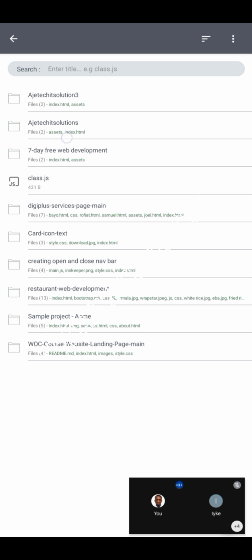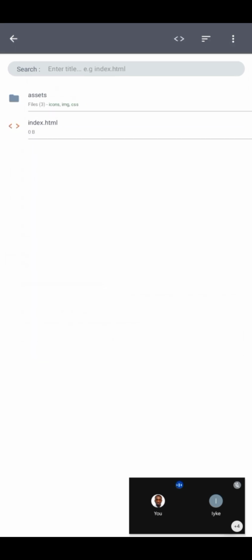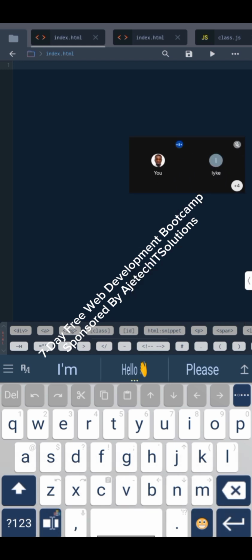I'll click on it now. If I click on it, you can see based on our file structure that I have to click on index.html because I want to start writing my first line of code. If you click here now, you are going to see this, telling you that you want to start writing a line of code. So you can use